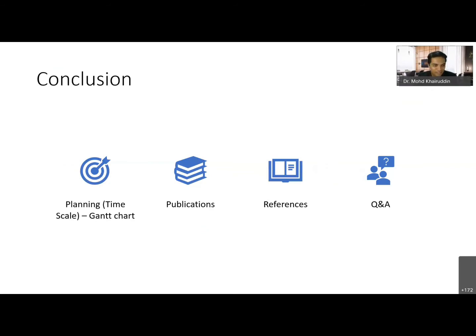Of course, you will have to provide as well the planning time scale in terms of the Gantt chart. What is the planning for your research? For example, you plan to finish up GOT, graduate on time, so you just prepare the Gantt chart for the approach. For example, year number 1, you want to prepare for the literature review, semester number 2 for that one, semester number 3 for data collection and so on, and preparation of the write-ups for chapter 4, chapter 5 and so on. So you just put in the Gantt chart.